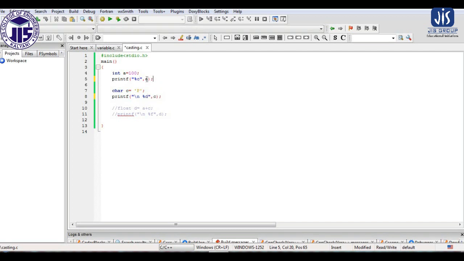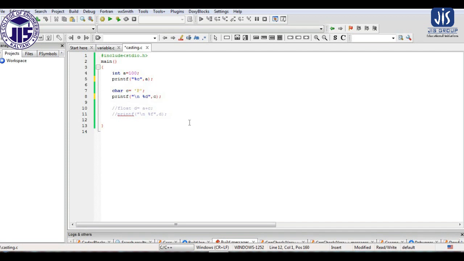Now what I do is print the value of A but using %c, that means whatever is printed must be a character, or it will treat the value of A as a character. Though the variable A is an integer, when we print it using %c, the value of A will be treated as the ASCII value of a character. Same here, C is a character variable, but we print the value of C using %d, that means %d will treat C as an integer type variable, though it is a character.